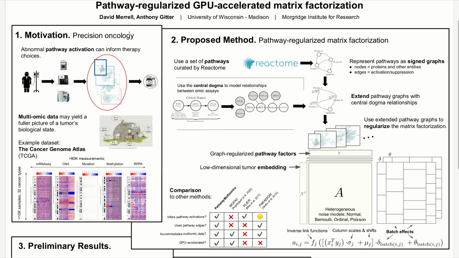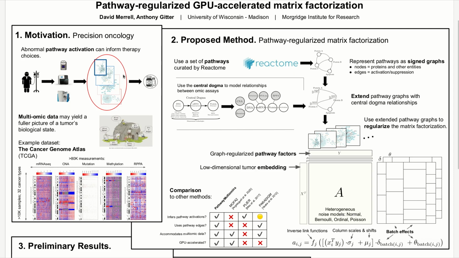Our work is motivated by an application in precision oncology. It's based on the idea that pathways provide a useful vocabulary for describing cancer. We often describe a tumor in terms of the pathways that are abnormally active or inactive in it. This pathway perspective is clinically useful. If we know which pathways are abnormally active or inactive in the tumor, then we could, in principle, choose therapies